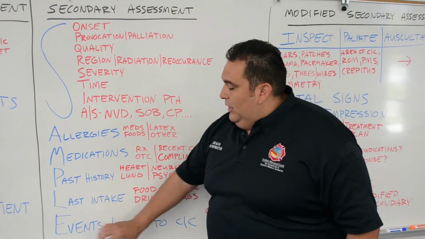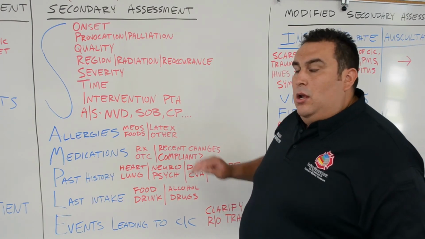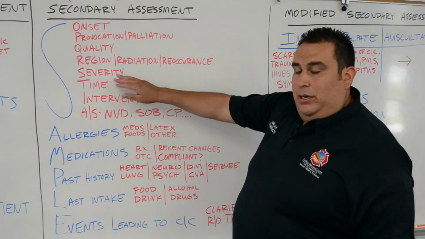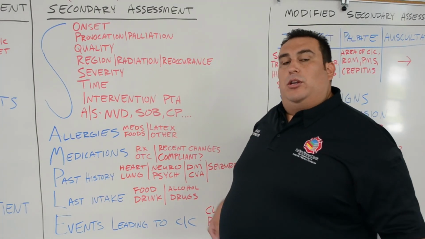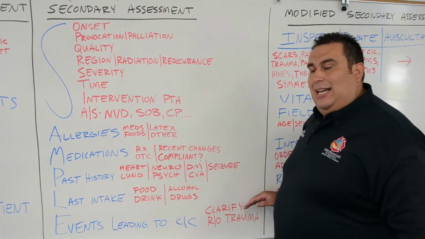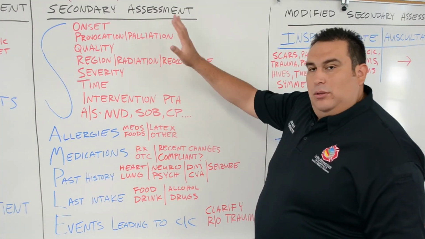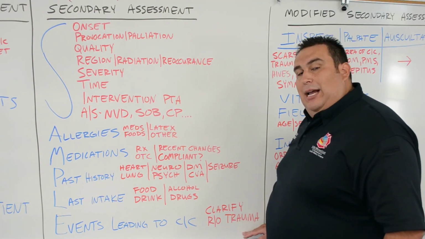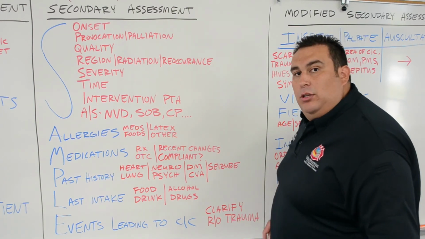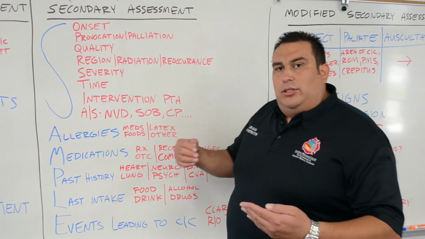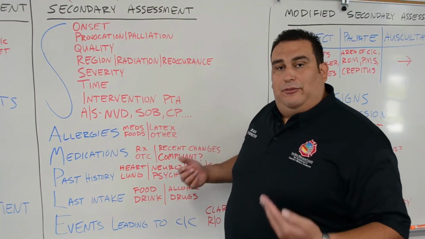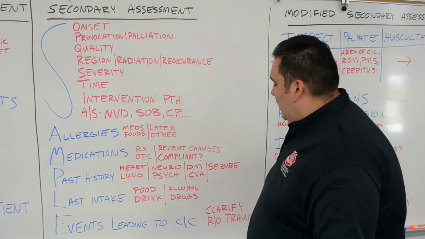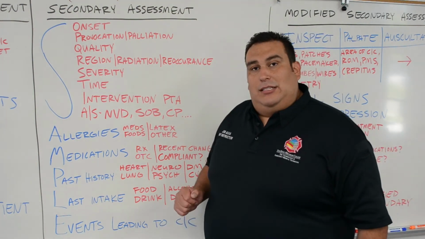Okay. Events leading to the chief complaint. So with your abdominal pain for our chief complaint, that started 30 minutes ago, what were you doing? What were you doing before that? We're going to go ahead and clarify exactly. I realize we kind of got that information in here, but we're going to clarify that one more time, and this is our last chance to kind of rule out trauma. RO means rule out trauma. Okay? So I understand that you ate some bad food, but you didn't get punched, you didn't fall, car crash, fight, nothing else that can cause your stomach to hurt. So we're going to clarify and rule out trauma. Get the events leading up. Thank you.